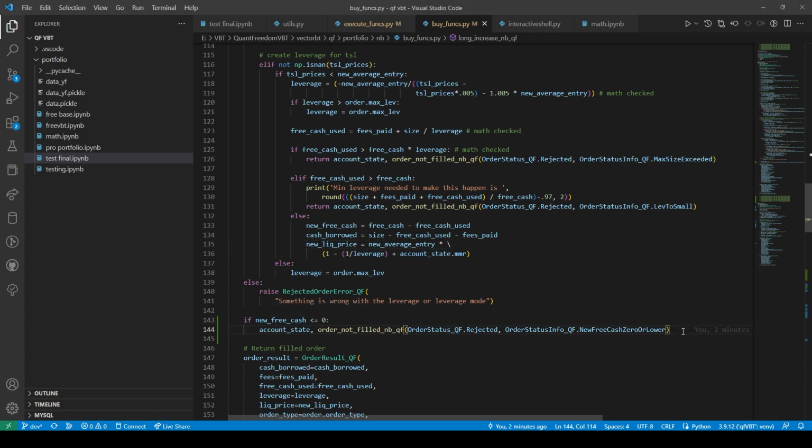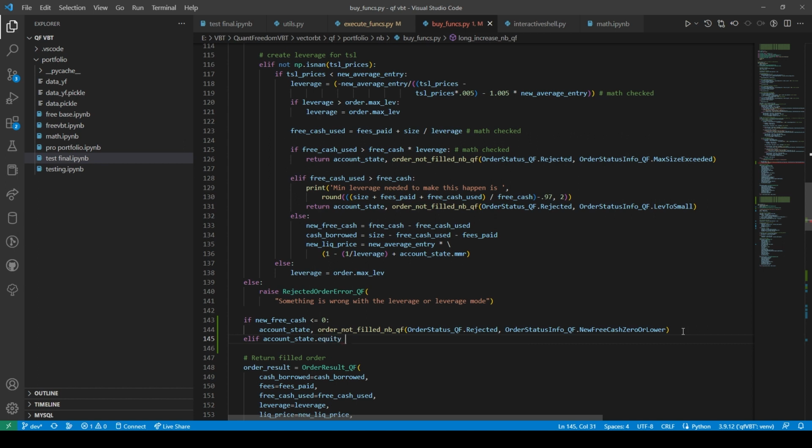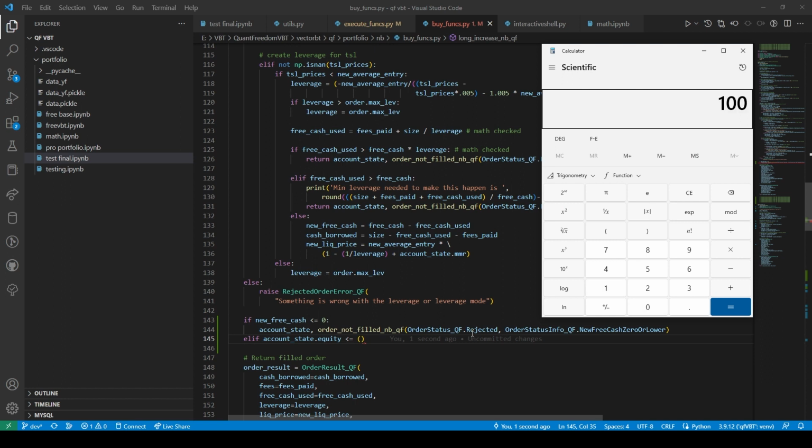So I think here we also need to check if account state dot equity is less than or equal to... So if I only want to risk, so if I have $100 and I only want to risk a maximum of 0.05, so then that means that if